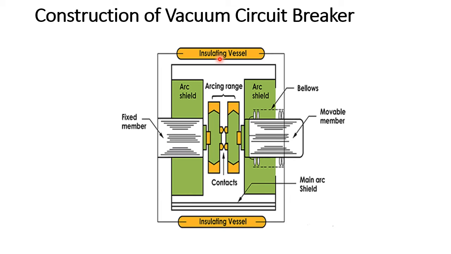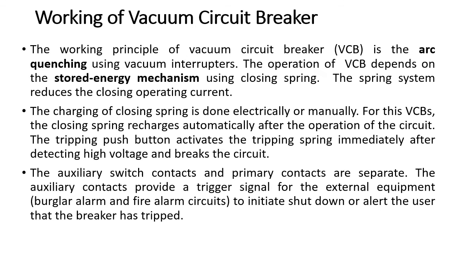So the circuit breaker contacts are separated, an arc is formed between the contacts, ionization occurs, and because of that the temperature increases and there is an arc formation. The space is filled with vapor of positive ions due to ionization, and it discharges from the contact material. The arc is extinguished quickly because of the metallic vapors. Ions produced during the arc diffuse in a short period of time. So this is how the vacuum circuit breaker works. So this is the construction part. Working.